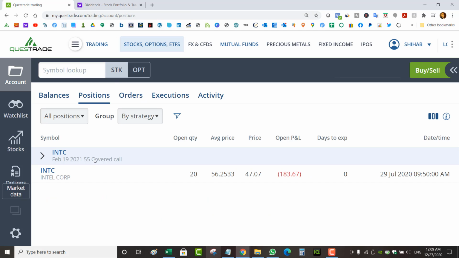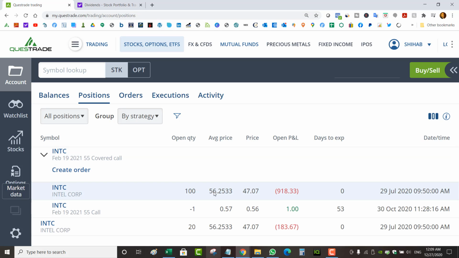Story of my life. And finally, in my RESP, I've got Intel, which, I don't know what's wrong. I don't know what's going on with it, but it was trading at almost $52 1 or 2 weeks ago. I think last week, and then it dropped again to 46, 47, 46. But I've got a covered call right now. My cost is 56 and stock's at 47, so I'm down for sure, but I'm selling calls until the stock